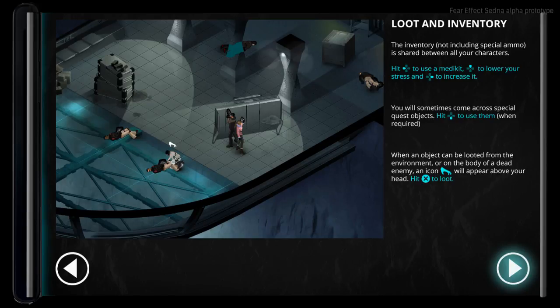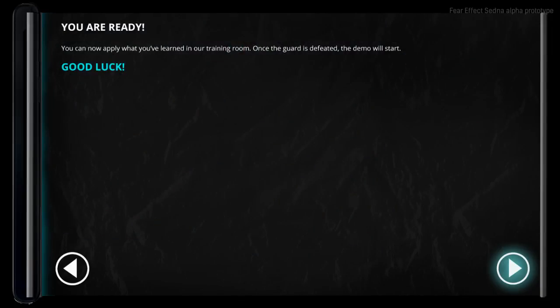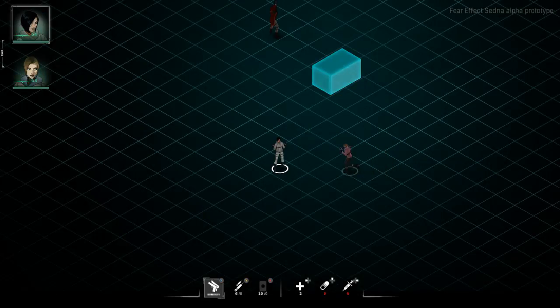You will sometimes come across special... When an object can be looted from the environment or on the body of a dead enemy, an icon will appear above your head. Hit X to loot. You can now apply what you've learned in your training. Once the guard is defeated, the demo will start. Yeah, that's not exactly true, but...